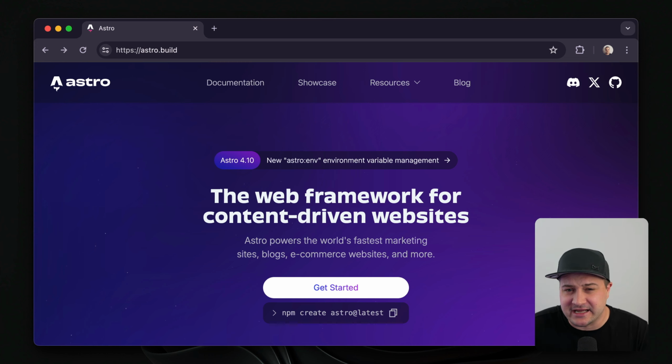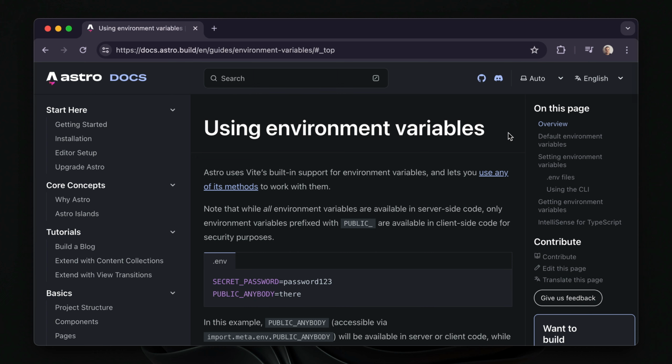It feels like every day Astro are releasing new things. Actually, they are releasing things every day. It is awesome. Before we dive into what's new, let's take a quick look at what currently exists with Astro's